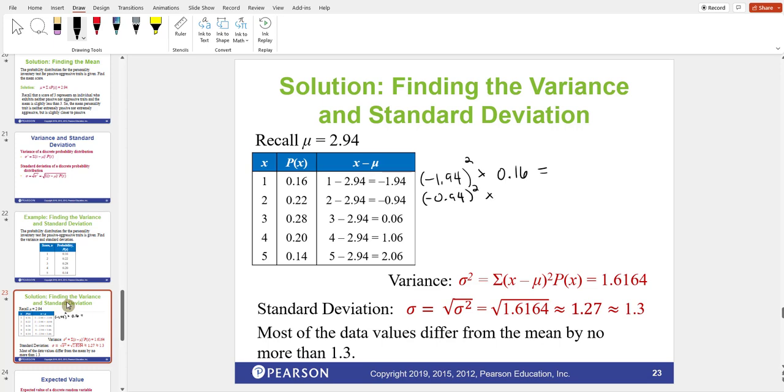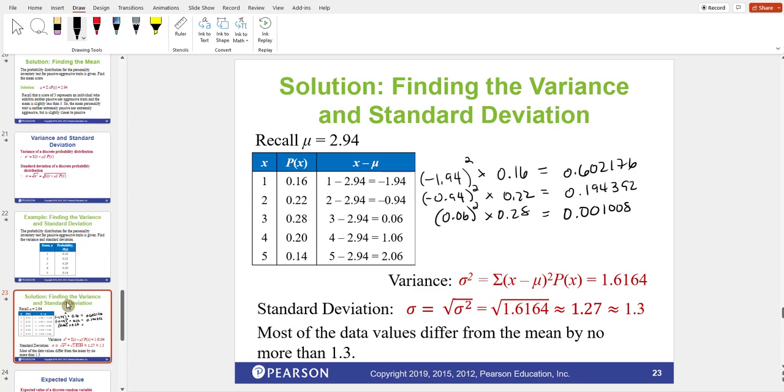And when I did this, I did not round. For example, that negative 1.94 squared, I used the whole answer. And then I multiplied it by 0.16. People tend to round, but if you just do it all at once in the calculator, that's fine. And then when I multiplied out the first one, I got 0.602176. When I multiplied the second one out, I got 0.194392. I'm going to square this one, and I'm going to multiply it by 0.28. And when I did that, I got